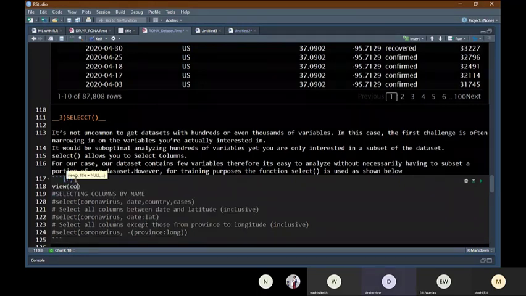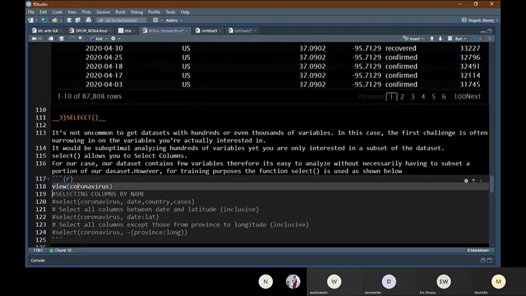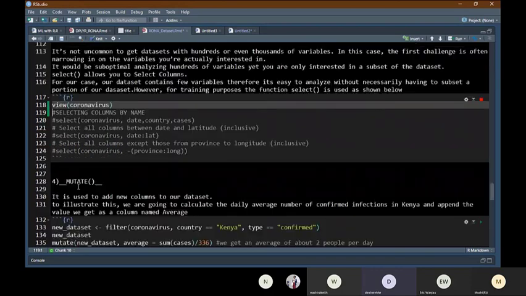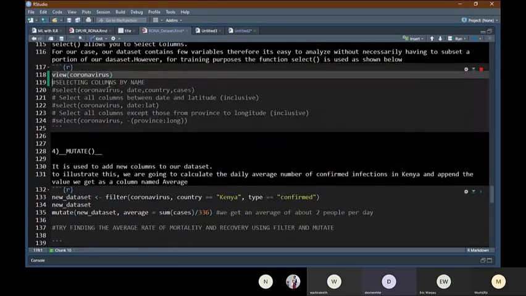View coronavirus. As you can see from the information being displayed at the bottom of my screen,